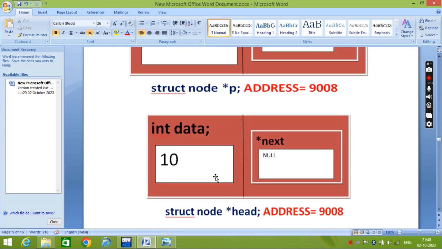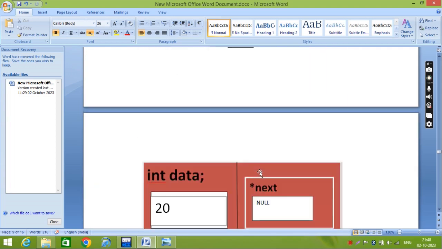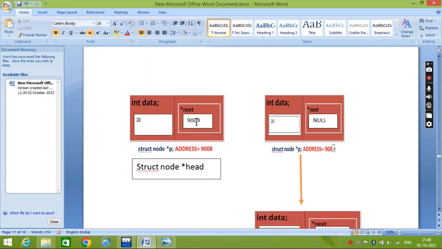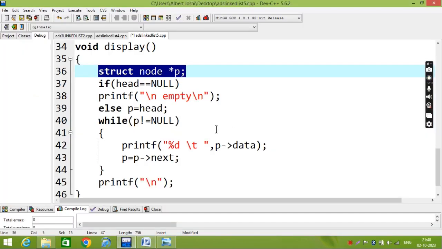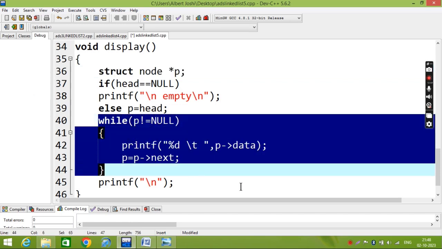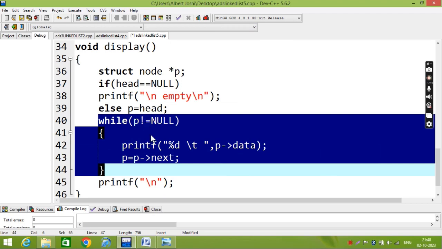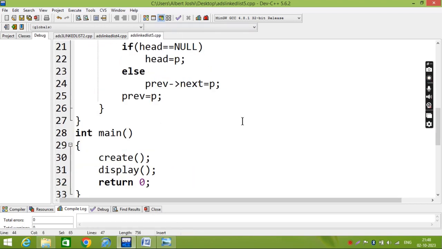This is P and this is head. Head, you are coming here, because there are many nodes. If you come here, you can see there are many nodes. So you are pointing here. Now after then, while P is not equal to null, one by one you will print all the addresses and go to the next node. This display part we already explained in lecture number 4. So this is very simple, and if we compile this program, now see, then we will explain